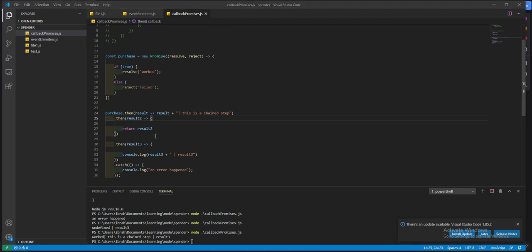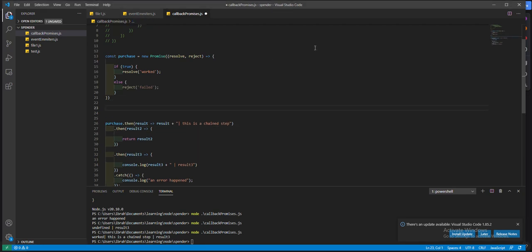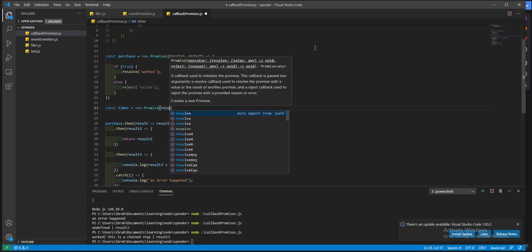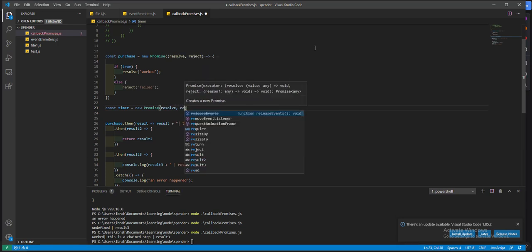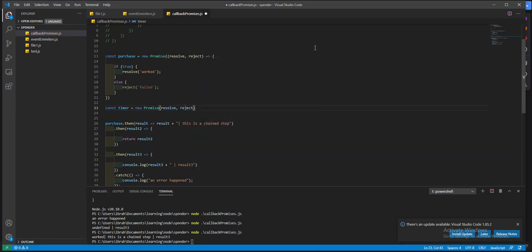Let's try promises with timeouts. Do you think that would work? All right, let's try this. Constant timer was a new promise. It takes in resolve, reject,